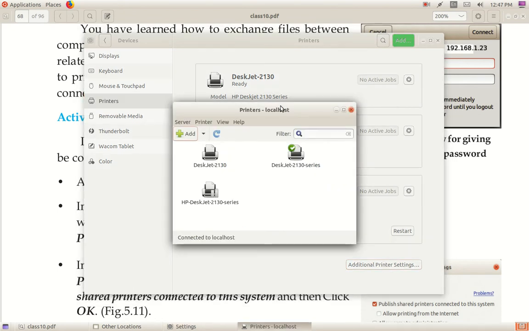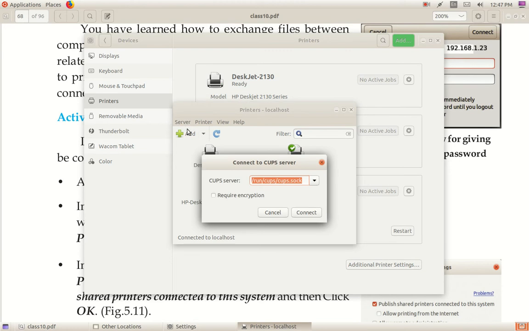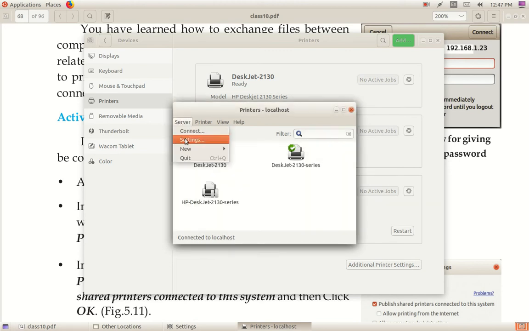When you click, another window appears. From there you have to select server settings. Why are we selecting server settings? What is a server? What do you mean by server?